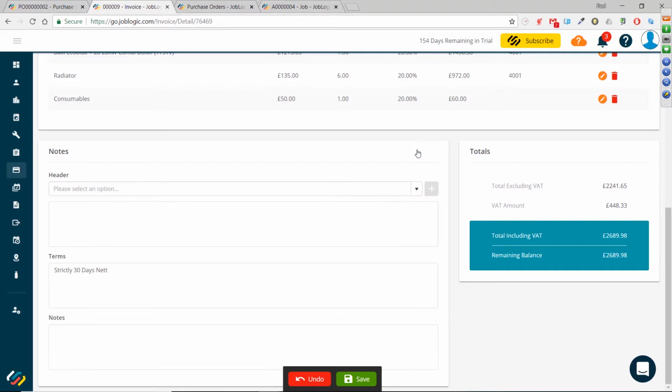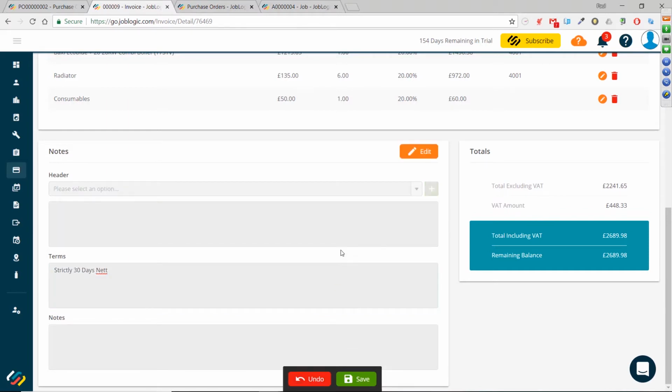But if you want to add further things, you can simply add them to the header, which is at the top near the description, or the notes, which is at the bottom of the screen. Okay, so you can do whatever you want, as well as changing your terms. I'm going to leave this just to use my job description and lock that back up. What you can also see is the total excluding VAT, my VAT amount, and then it's giving me my total